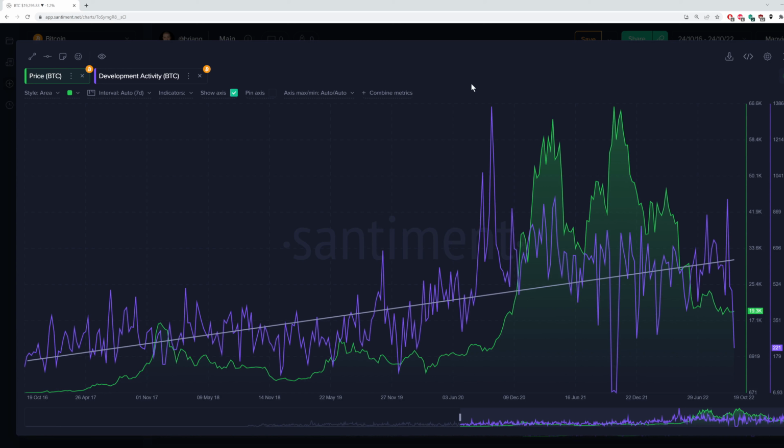Look at each of the assets you're investing in and see if the development activity is staying high, if there's double digits or even triple digits of development activity every day, or whether it's below 5 or something, which could be really concerning. And then look to see if it's rising like this. Some start off with a lot of development activity and then gradually move down and down. And that can be a sign that maybe they're satisfied with their work and they no longer think that the asset's going to need to be improved. And oftentimes they could change their mind and it could become a rug pull kind of asset. So there's a lot of reasons development activity is important, but that's essentially the top 15 metrics